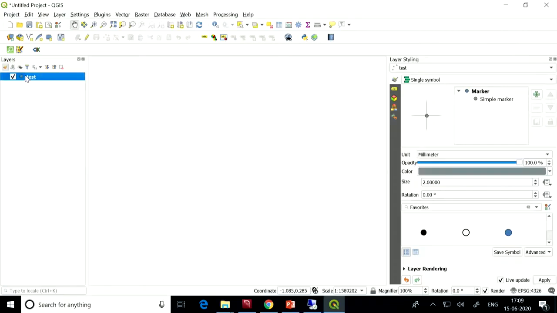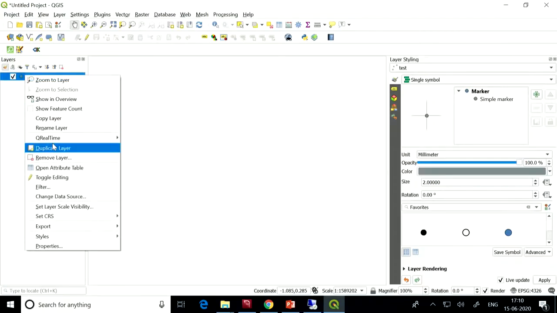Now from this layer, there are three options if you right click: one is sync, one is import, and another one is make online. The purpose of make online is, if you have created a layer and want to collect data for the same layer from the field, you can use make online. But suppose forms already exist which are being collected from the users, and you want to download this data, you can go for import and select the form from which you want to collect the data. So these two options are there.